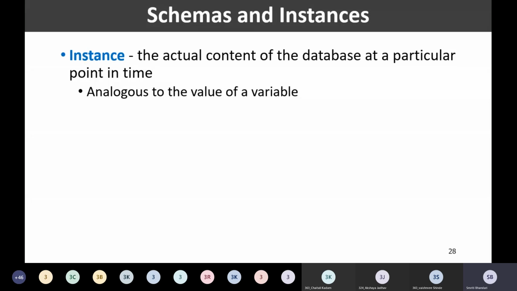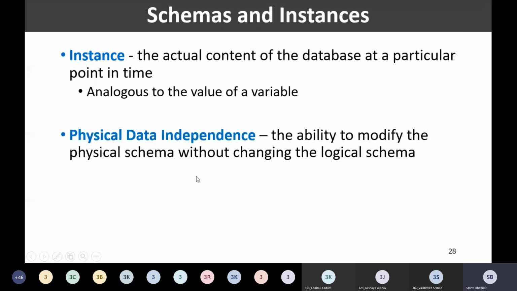If later on I input some more data in my database or remove some data from my database, then once again the state of the database is changed. So whatever the contents of the database are at that particular instance of time, that is another instance of my database. So this is how we describe the concept of instance.